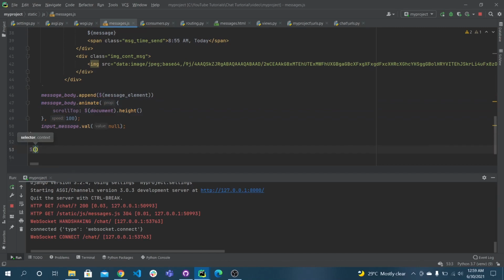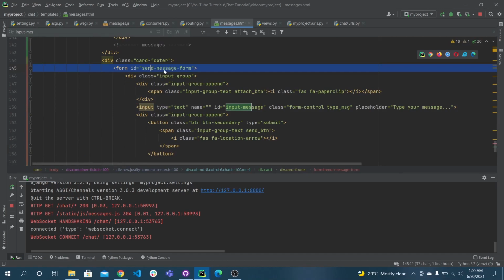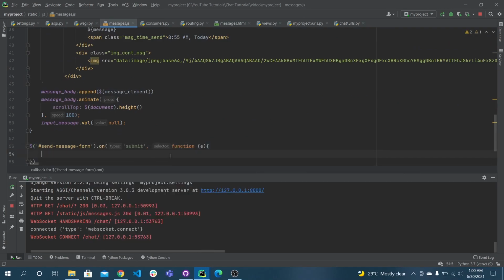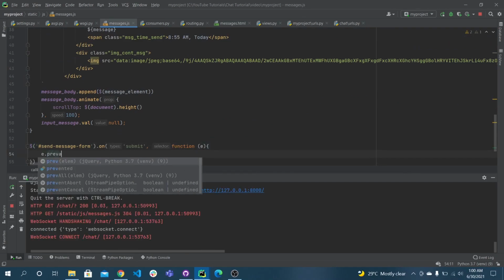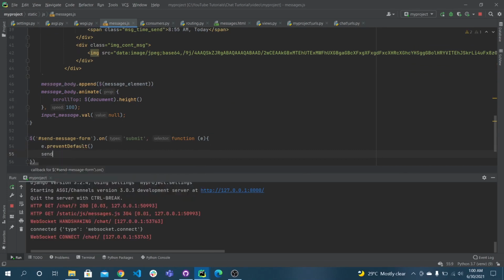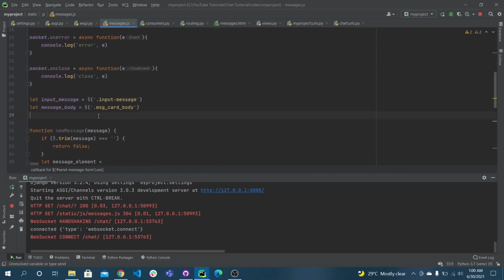And we will create an event which is submit, on the send message form. Send message form is the ID of the form in which our input box is there. When we click on submit, I have to stop this event with preventDefault. I can simply declare a variable with this name, let sendMessageForm.